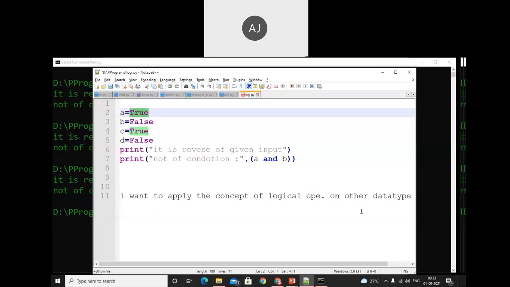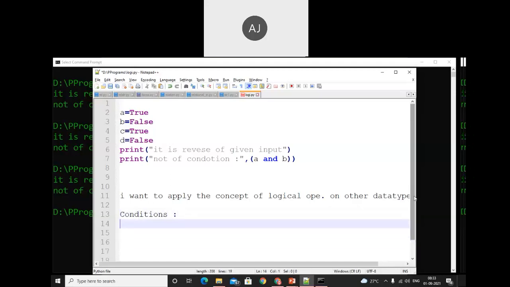Okay. So this concept will be applicable with other data types, but with certain conditions. Let's discuss those conditions, and after that we'll apply the business logic and try to execute our program. The first condition is if we are trying to apply the logical operator concept with non-boolean values.